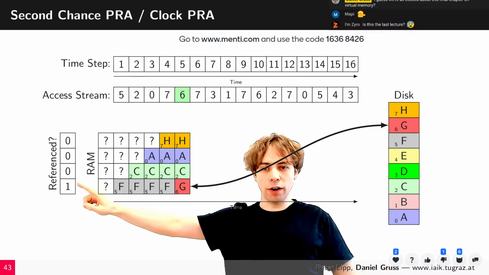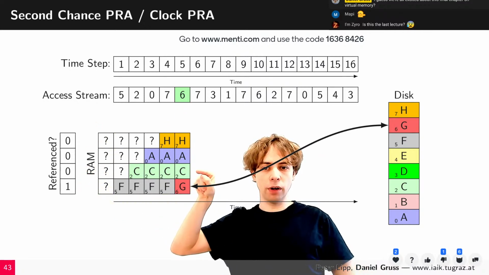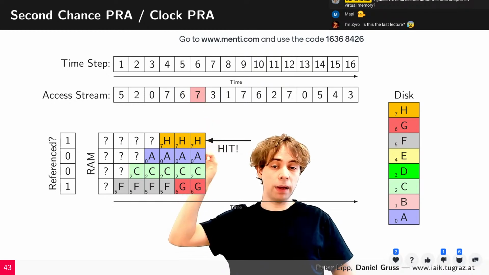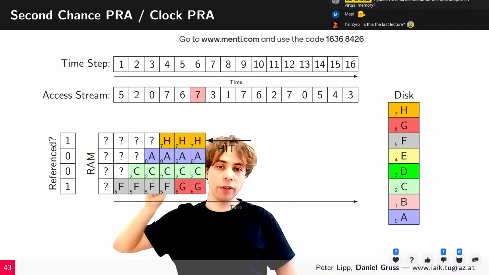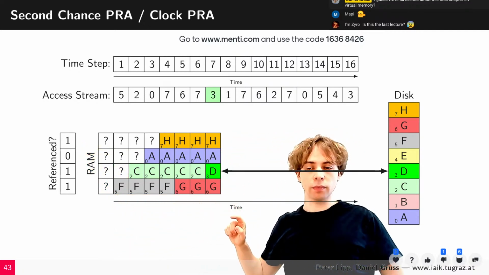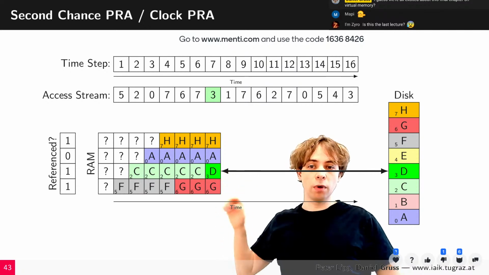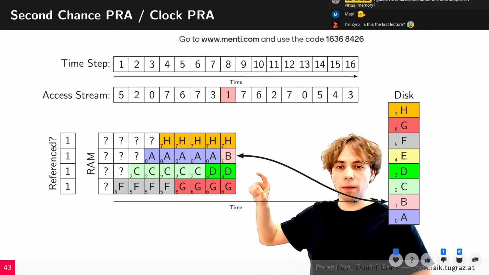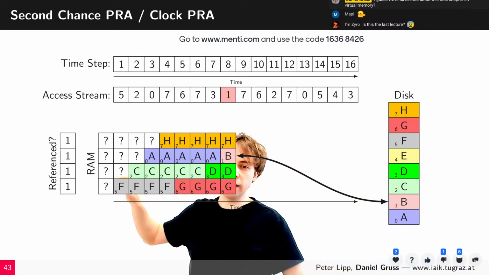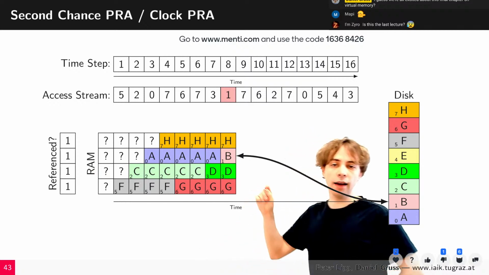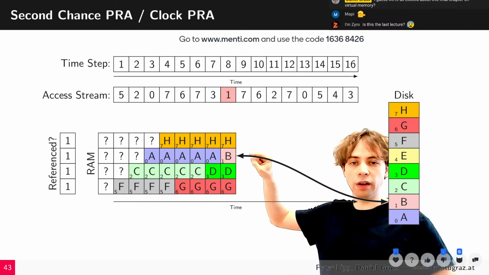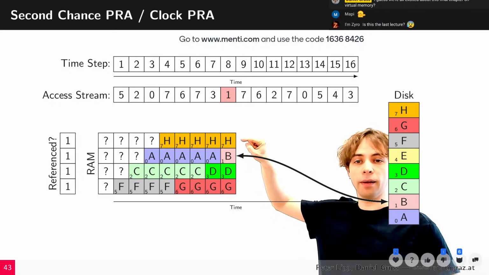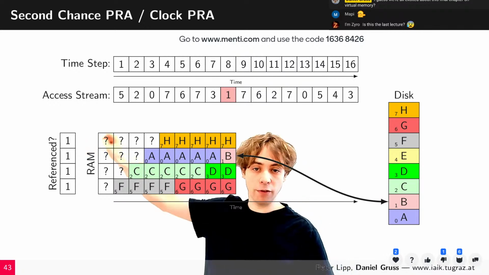Okay, let's check. We have this now referenced, the others are not referenced, and the pointer is pointing here. Now we get a DRAM hit. The page is already there, so this one is now referenced. The middle two are not. Now this one is replaced because reference was at 0, and we replace it. And then in the next step, we would replace this one because reference was at 0. So we always replace the next candidate that has reference set to 0. Because what happens now in the next step, the pointer is pointing here, but it's set to 1, so we have to set it to 0,